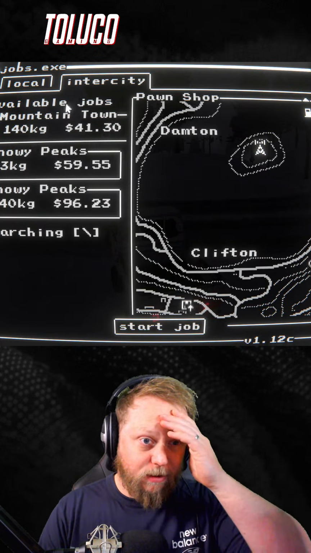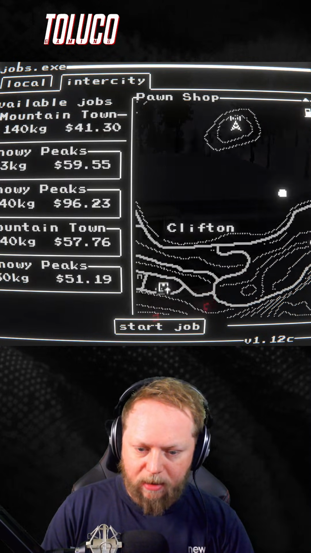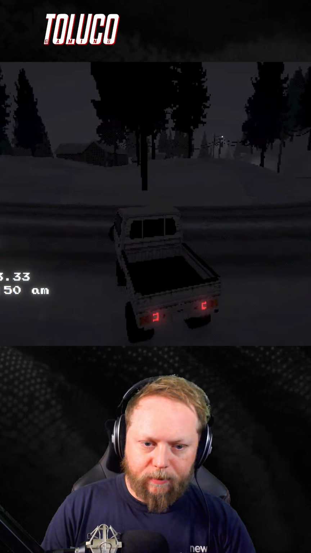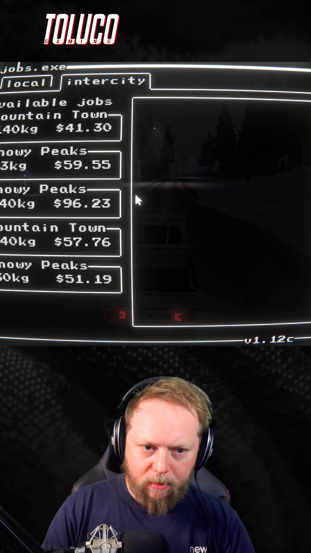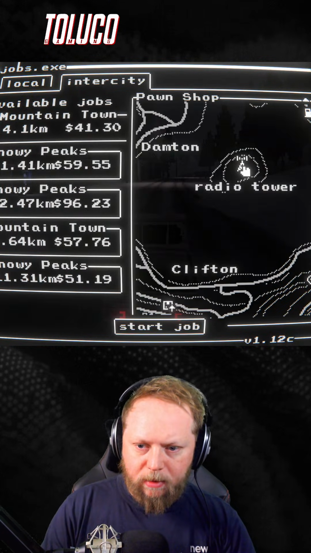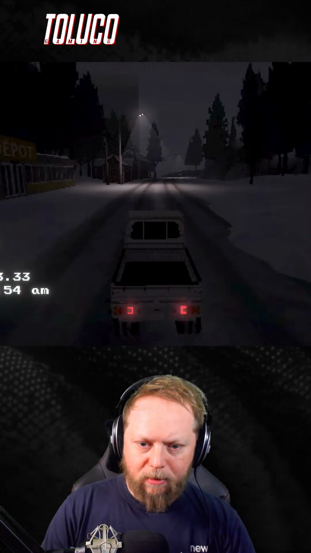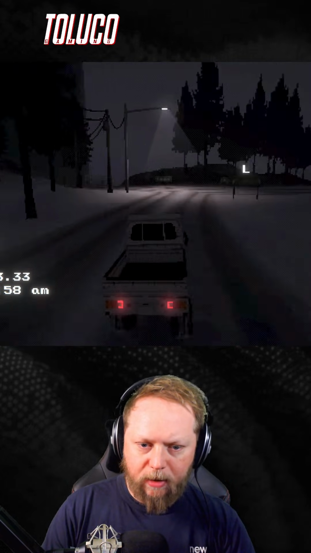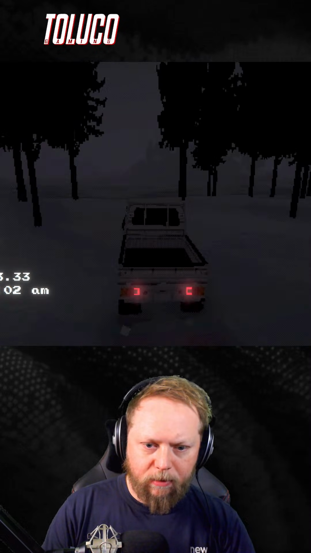Right, what am I doing now? I'm fishing, right? I need to find one of them fishing things. I want to go to try and get to this thing though. Where am I now? I'm Downton. Oh, wait, I didn't see that before. There's a radio tower in the middle. I can't have been there because I could drive on the ice. Get to that radio tower.